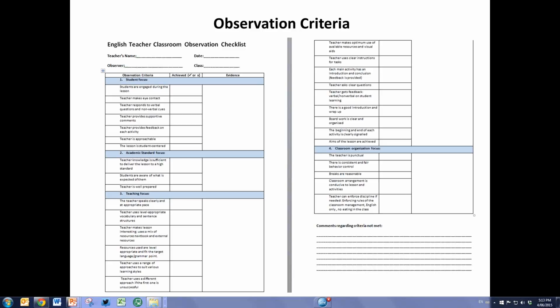It's important to look at this list and think about what do students need in the classroom. What exactly makes a good lesson? And there's so many abstract elements involved in observation that if you can make it as concrete as possible, so that both the observer and the observee know what is being looked at, it makes everybody's job easier. It's not as simple as ticking boxes. Yes, there are boxes to be ticked, but you can always supplement with comments, with links, and extra materials for reading that goes into this observation and follow-up.